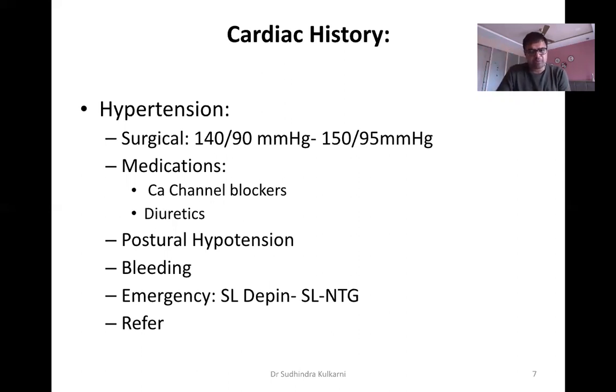Very, very important finding. We have to be concerned at all points of time while treating hypertensive patients, irrespective of the BP, while we are doing the treatment, is what we call bleeding. Hypertensive patients have a preponderance to bleed. That's primarily due to the excessive amount of pressure in the vessels. Though intraorally we do not have any major vessels, yes, at times even a capillary bleed can cause a